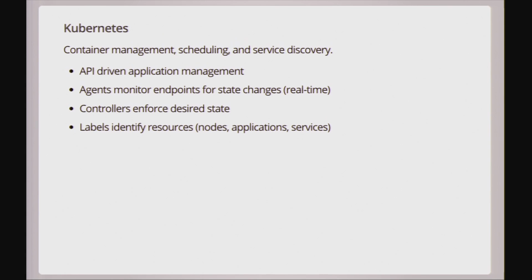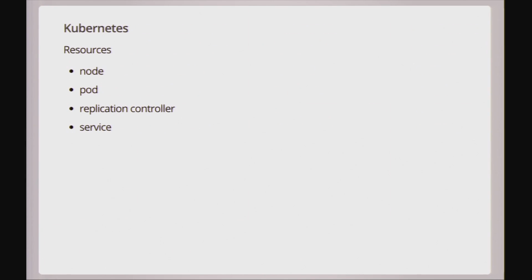So nothing's wrong with the existing tools. We're just talking about a different problem. And then another thing that's nice about Kubernetes is it uses labels to identify everything in the system. That's really, really powerful, and we'll see what that looks like in action. So let's break it down before we jump into a live demo. There's not a lot of slides here, but I do want to make sure you understand what the components are